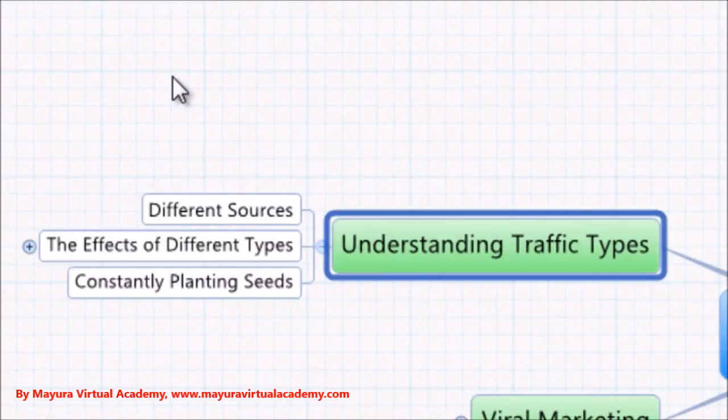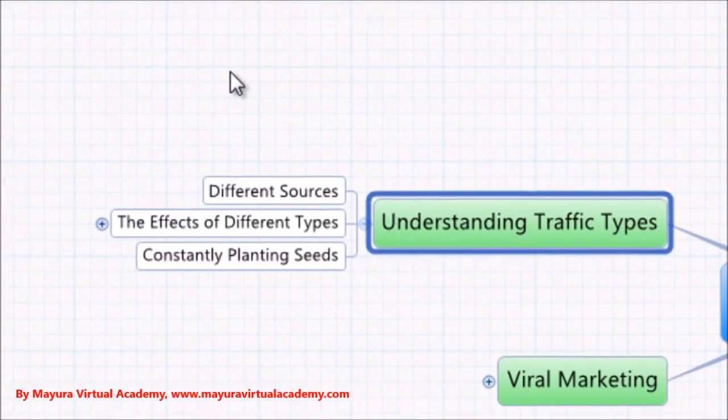And first of all, the importance of understanding different traffic types. Different sources of traffic provide different types of traffic for you and different quality of visitor. It's important to understand each of these different methods of producing traffic because they will have a different effect on your business. For example, if you want instant traffic that you can use in order to test your business, then pay-per-click is a good way of doing that. List building or viral marketing is less good because it takes more time and requires more effort on your part. It's not as instantaneous, and we'll look at that a little bit later on.